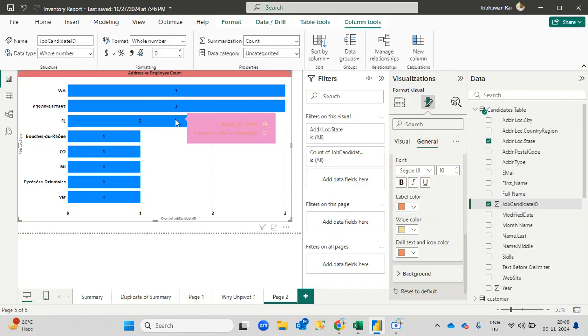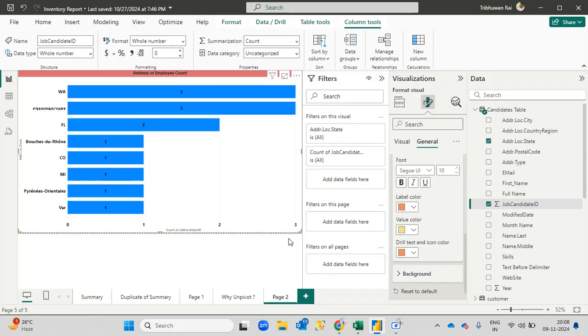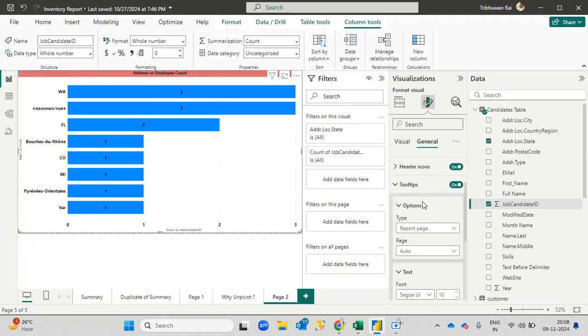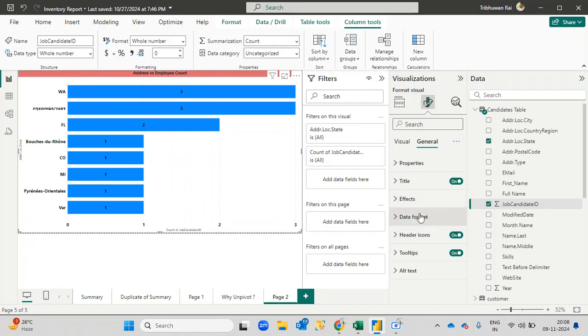So this is how you can format your visuals. You can apply the labeling. You can change the x-axis and y-axis. If you are able to see these dotted lines, these are called grid lines. If you want your grid lines, that is fine. But suppose I don't want my grid lines, what I can do is format it and toggle it